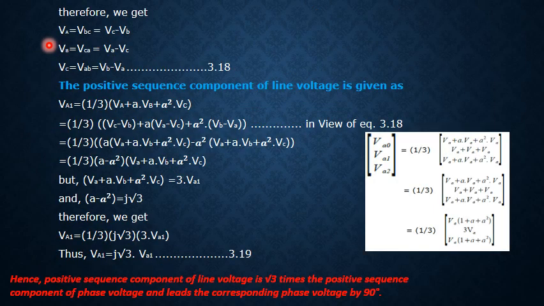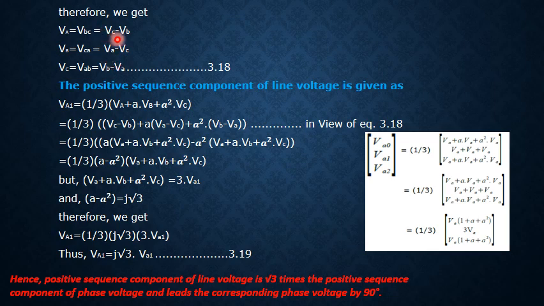After that, the line voltage VA will be equal to what? As we represented, VA is equal to VBC, and the line voltage VBC in terms of phase voltage was equal to Vc minus Vb. And line voltage VB is nothing but the line voltage VCA, which we represented in terms of phase voltage as Va minus Vc. So respectively we represented the line voltages in terms of phase voltages.